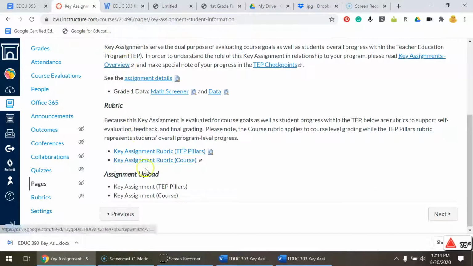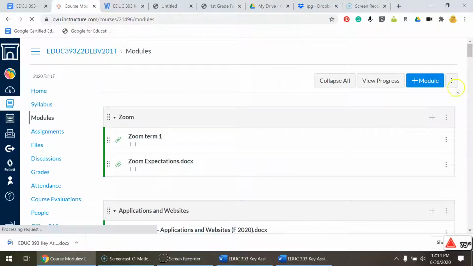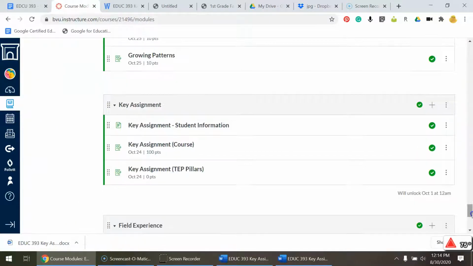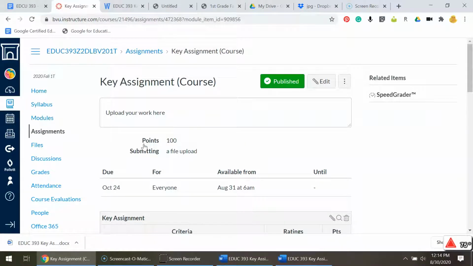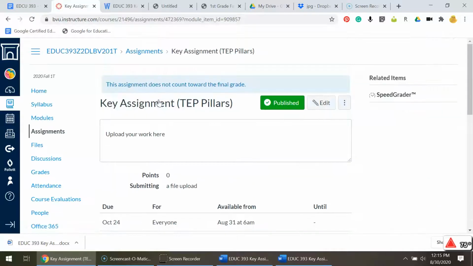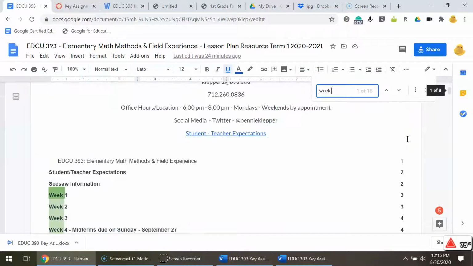And then the important part is you need to upload your information in 2 different areas. So if we go back to the modules, and if you go down to the key assignment, this is the course. So you need to upload your information there. And then you also need to upload your information on the TEP pillars as well. So if we look back at the resource document that I made and we go to week 4,